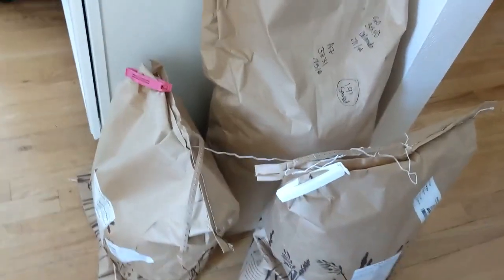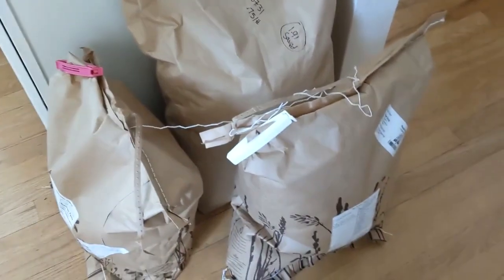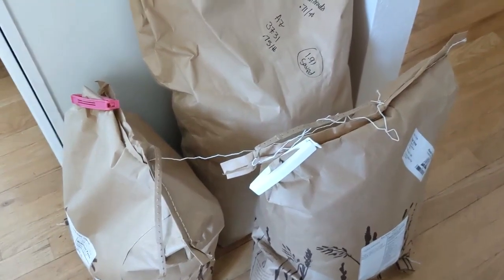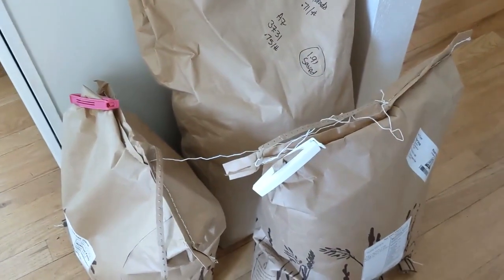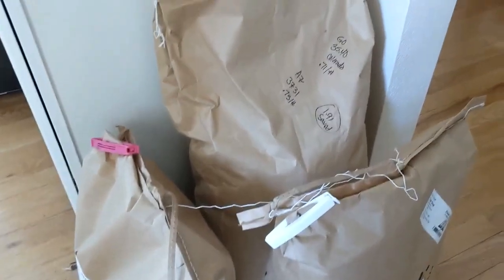Last but not least, we have some bulk grains. I actually have 2 more bags in the freezer. They are getting frozen so that any bugs that decide to be in there, I am killing. So the first 2,